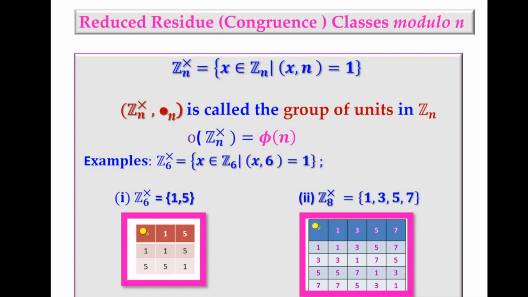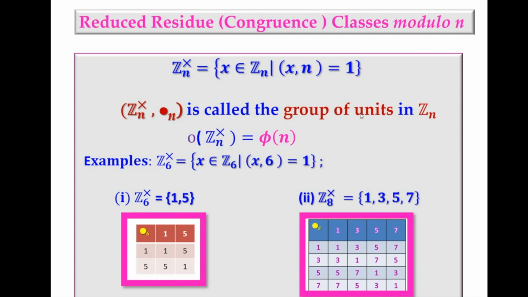So in that case, we cannot say that Zn under multiplication modulo n forms a group. So we collect those elements which have inverse under multiplication modulo n. So those elements will satisfy this condition. So we have all those elements in Zn such that the GCD of x with n is 1, that is, they are relatively prime. So such elements are collected, and they are actually called units, the invertible elements. So that is denoted in this way, Zn superfix cross.